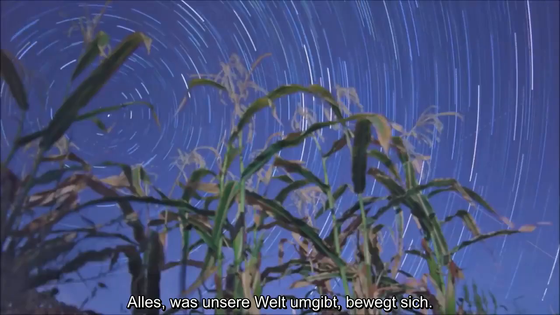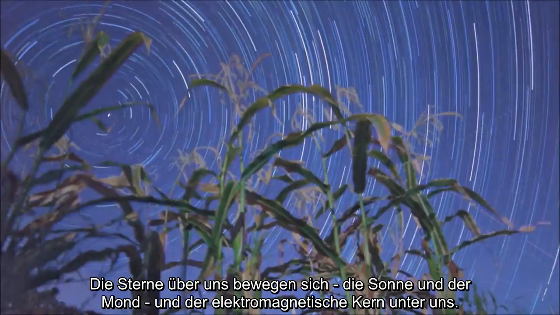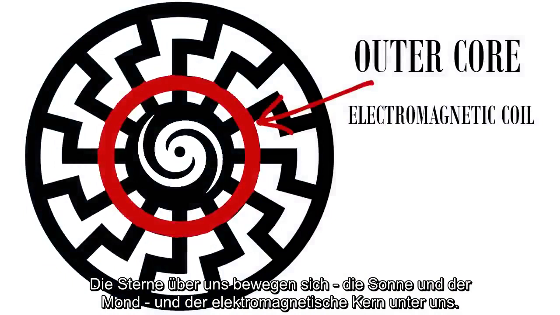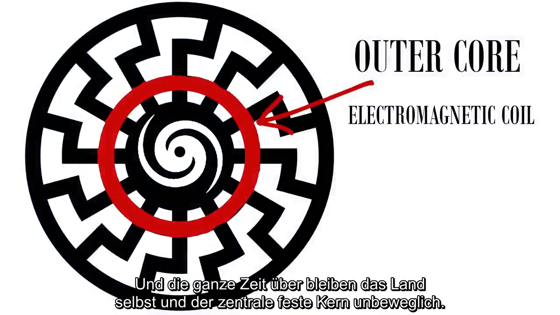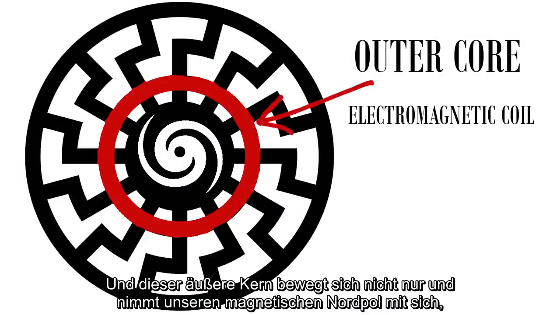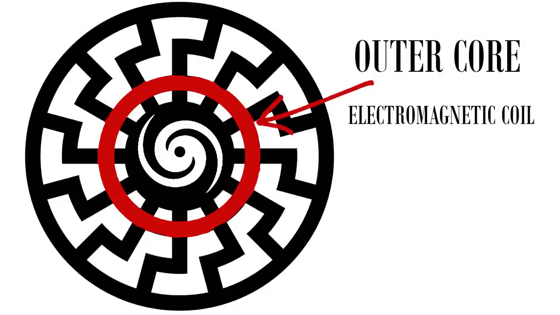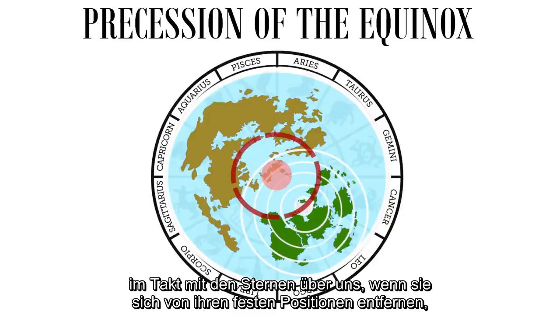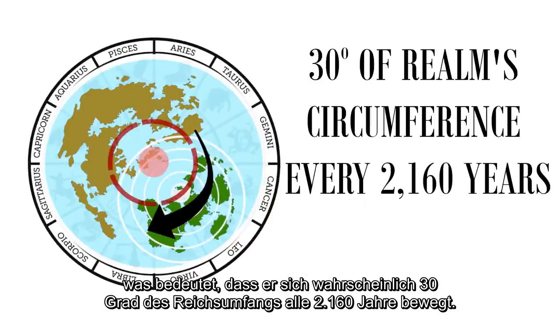Everything surrounding our world moves. The stars above move, the sun and the moon, and the electromagnetic outer core under us, and all the while the land itself and central solid core remain stationary. And not only does this outer core move and take our magnetic North Pole with it, but it is highly likely that it moves in accordance with the precession of the equinox, in time with the stars above as they move from their fixed positions, which means that it probably moves 30 degrees of the realm's circumference every